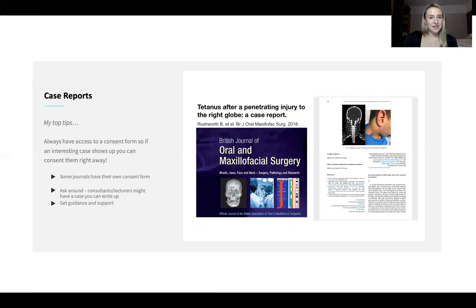Personally, I always had access to a consent form, so I made sure I wrote a basic consent form that was thorough but not overwhelming for the patient, and I had 3 copies. I'd always have that in my pocket in my scrubs when I was working in MaxFax, for example. If I then saw an interesting case, I could consent the patient there and then for it to be used as a case report, and I would get them to sign the 3 copies, one for me, one for their notes, and one for them to take home. And this was really useful for me to get quite a few case reports published, because